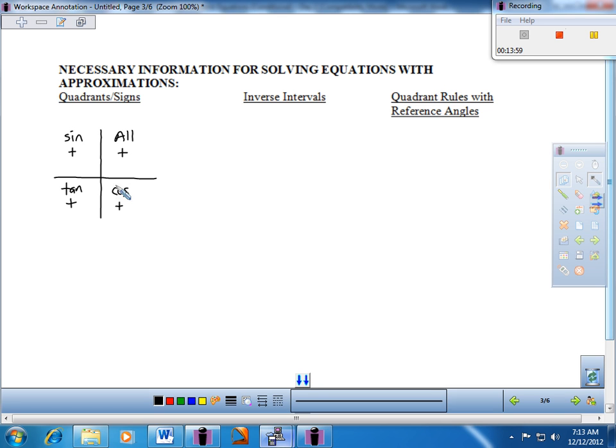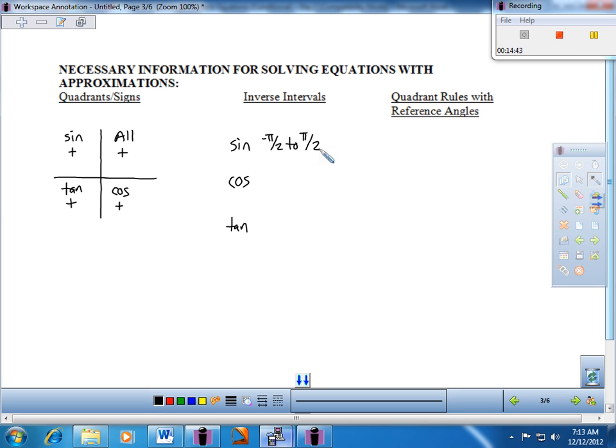Okay, this one's not all that necessary. I put it on your sheet because we are going to be taking inverses, and they can be very tricky. We're going to really have to work around that. And so I guess we should just understand what the calculator is telling us. That's the key. So here's what I just did on my paper: when you do an inverse sine, an inverse cosine and an inverse tangent, remember there are defined intervals for your answer. And so you really just need to know that these are the values that the calculator is going